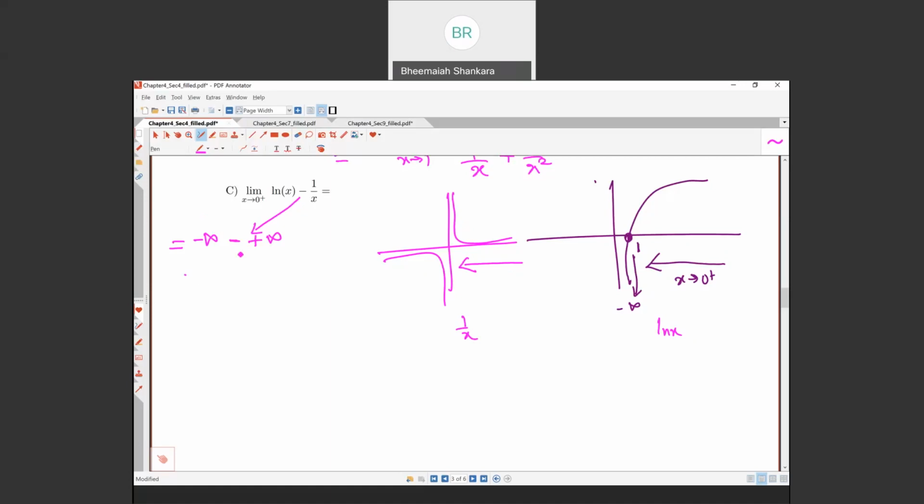Now this negative and positive sign you can multiply out. You have negative infinity, negative infinity. So both the limits are going to negative infinity. So in general you can say the limit of the function is going to negative infinity. Again, you're not adding or subtracting infinity. All you're saying is the functional value is going to negative infinity.